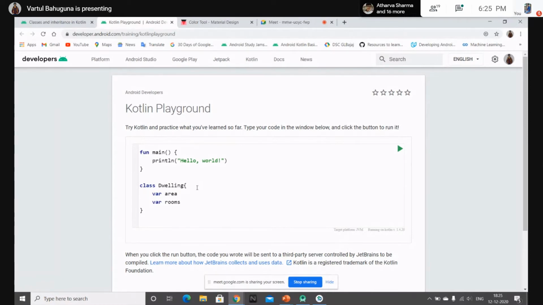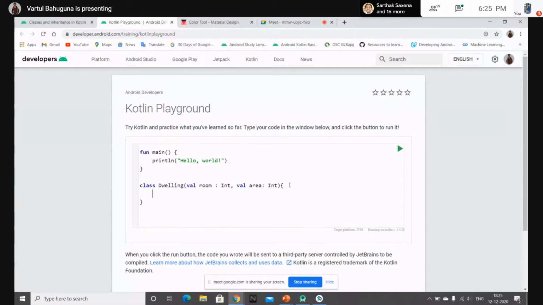To do so, Kotlin provides some shorthands. We can also do it with the constructor, but we can use the primary constructor of Kotlin over here. So just type the parentheses after the name of the class, and then val room, which will be of type int, the number of rooms, and then val area, which is also of type int.